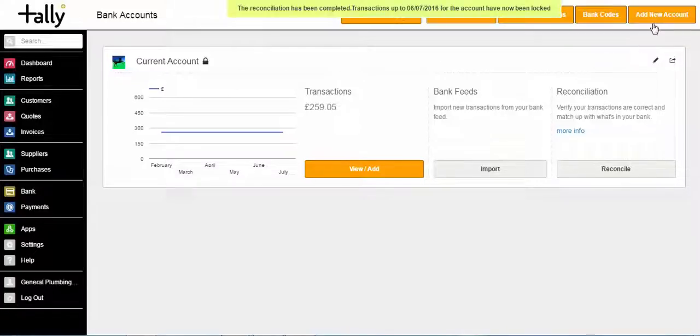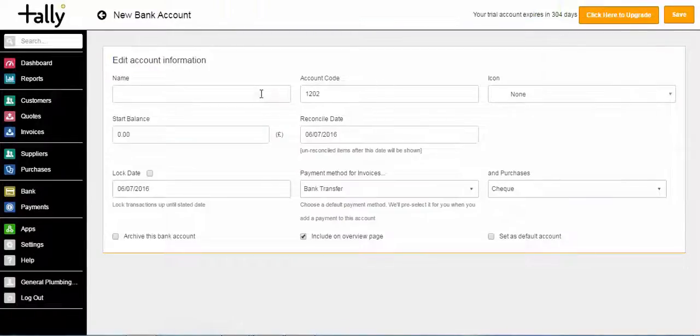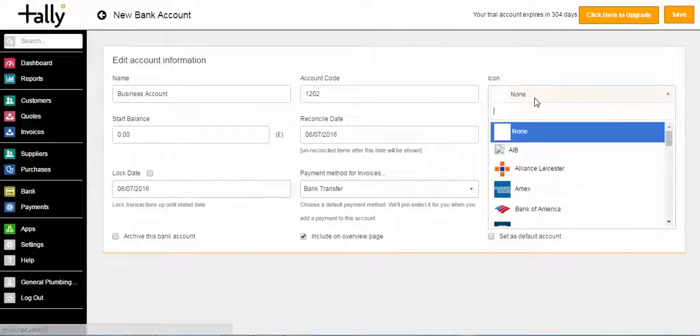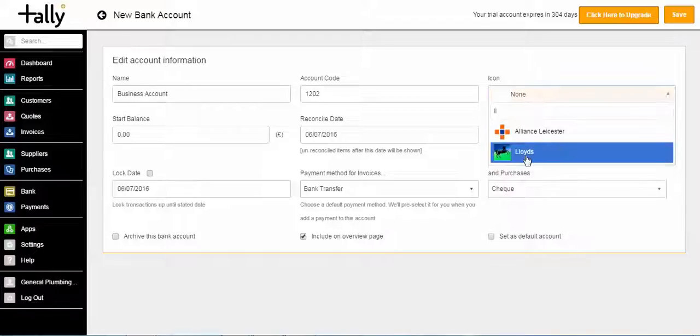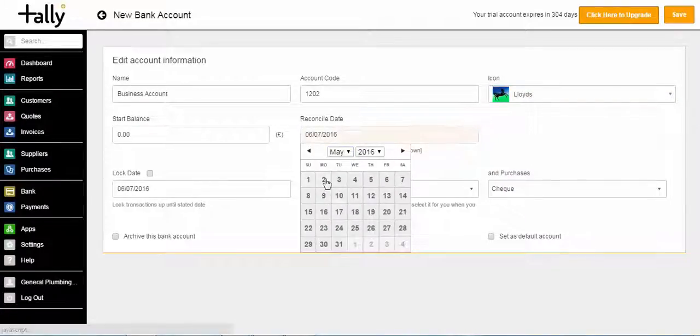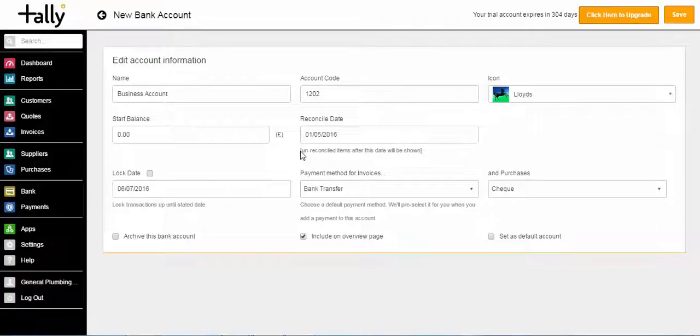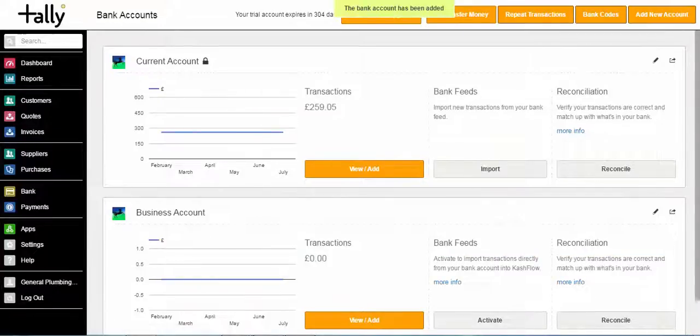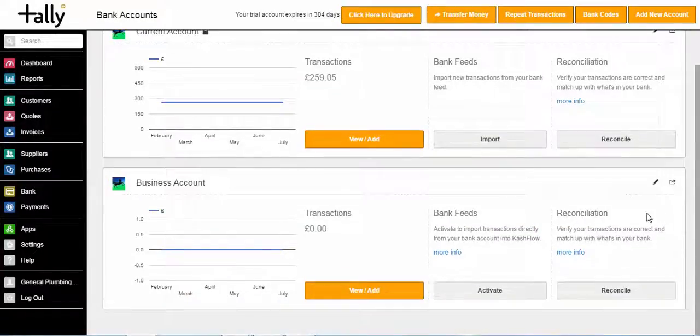To add a new bank account, you just hit add new account, give the account a name, so it's going to be my business account. It will create a new account code for you. Again, you can choose the icon for that and your reconciliation date. So if I put the 1st of May, that means everything after that date will be included in my bank reconciliation. If I hit save, we'll now see I've got 2 bank accounts listed,